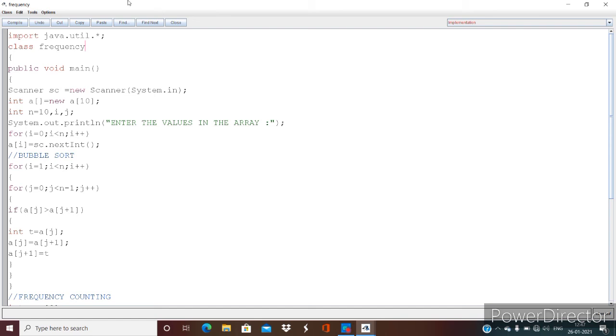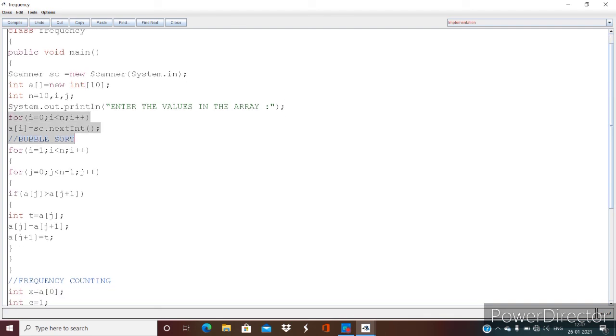So the first thing that we are going to do, compile and see if there are syntax errors in it. Yeah, the first one is a semicolon mistake, that is a syntax error. Here the declaration is wrong, it should be new int. Yeah, class compiled with no syntax errors. So that means there are no syntax errors in this program.